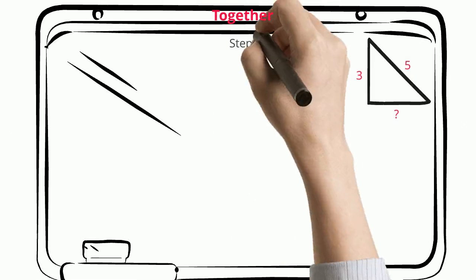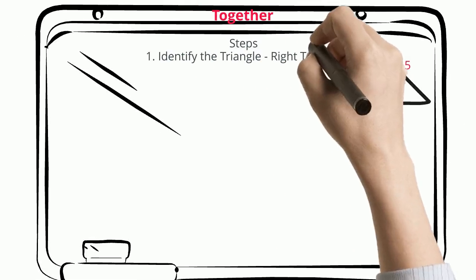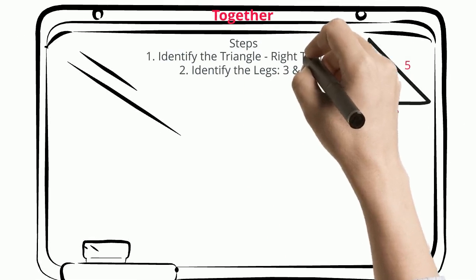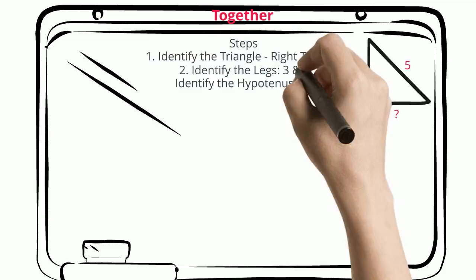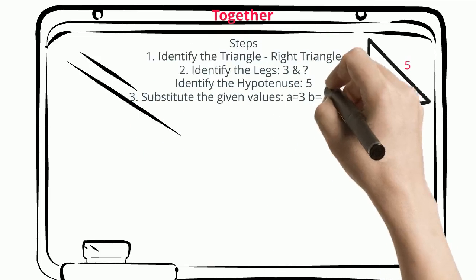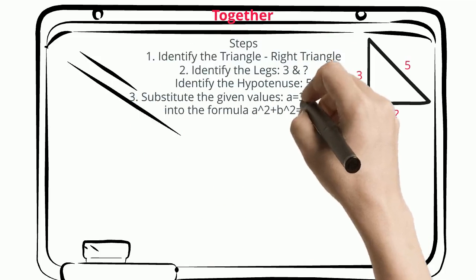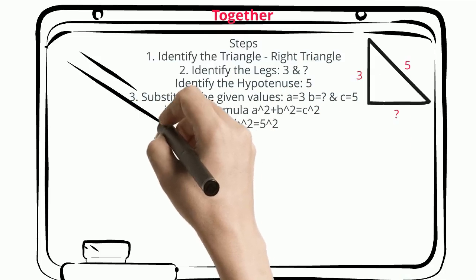Number 1, we're going to identify the triangle. This is a right triangle. Number 2, identifying the parts. The legs are 3 and question mark, and the hypotenuse is 5. Substituting those given values for a, b, and c into the formula a squared plus b squared equals c squared